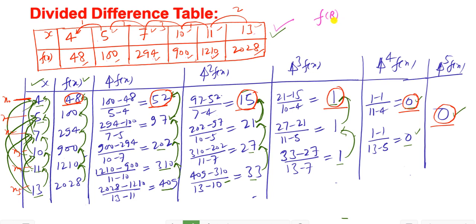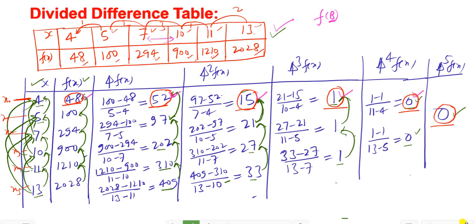So when we compute the functional value at the given value of x, the value x is equal to 8 lies in this table, that is, this 8 lies between 7 and 10. So in that case, first of all, construct the divided difference table. So this is the divided difference table, and by using it, we pick the values of f of x naught, first divided difference of f of x naught, del 2 f of x naught, del 3 f of x naught, del 4 f of x naught.